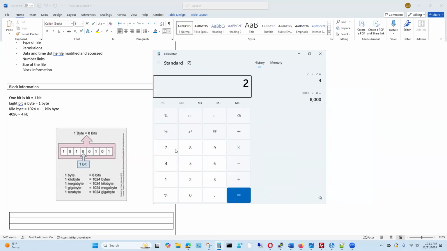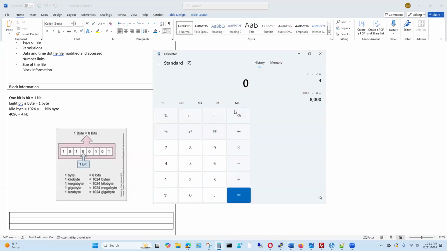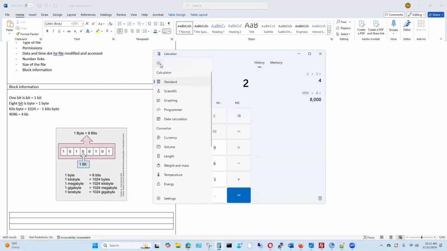So if you're weak in math, and math will haunt you guys, I'm telling you, it will come back and haunt you if you're not good at math here. So 1 bit is 0 and byte is 8, right? So this is 2 to the... where is the power of? I don't see the power of. Do I have to change it